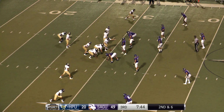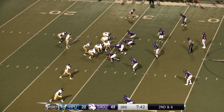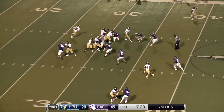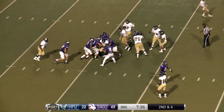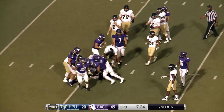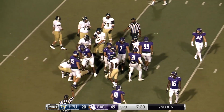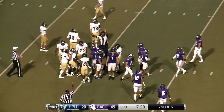And now 22 minutes seems like a pretty short clock when you've got 29 points to make up, and you're stuck sticking on the ground. Another run here for the Yellow Jackets, and that one is stuffed by, again, a host of Lions swarming to the ball. Landon Jones is not going to get credit for this tackle, but he is the one that caused